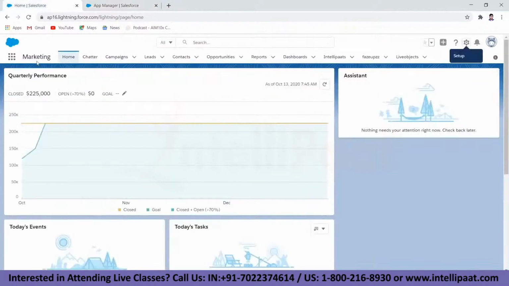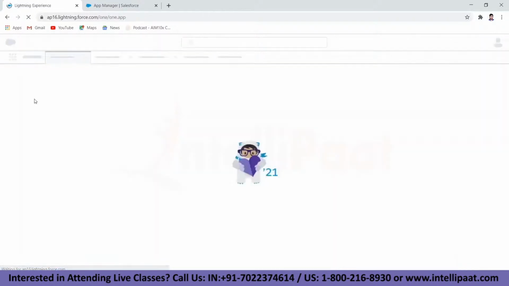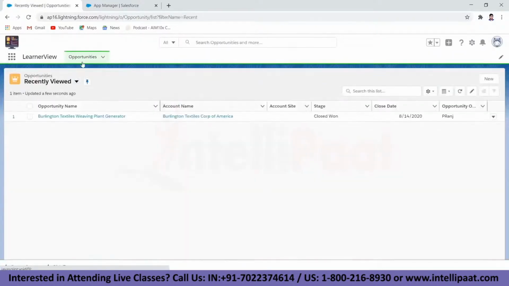So to check if learner view is created, let's quickly go to here. This is the place where you search for application, these dots in here. Just quickly search for learner. So you can see my image which I created for the branding as well is present. So quickly go to the learner view and see what is out there. So you can see the green which I chose for the hex value is here. This is the name of the application. This is the only navigation that we spawned. So you can see the recently viewed opportunities which are out there, and the utility items that we selected, which is the recent items, which is in here, which has been nothing so far.